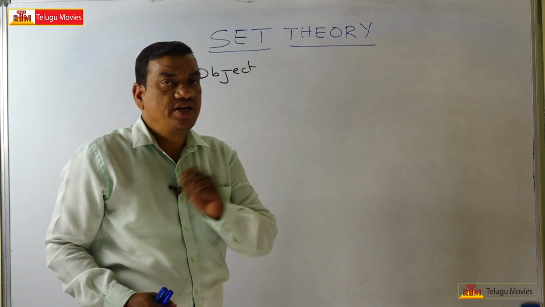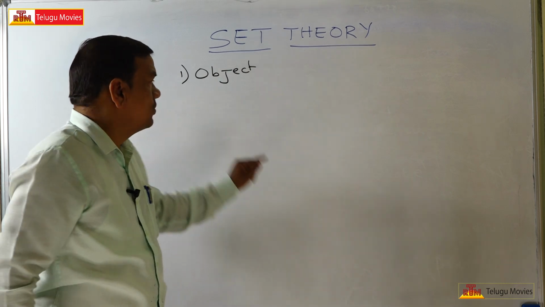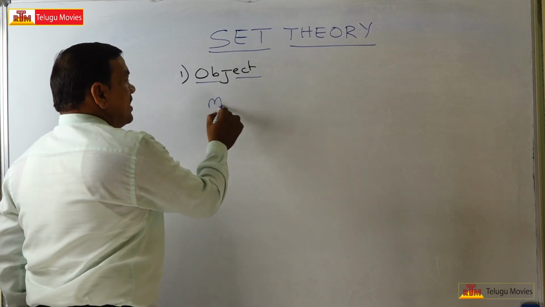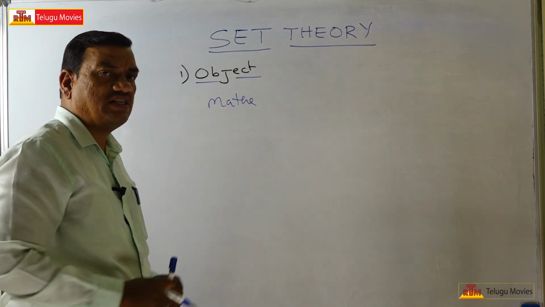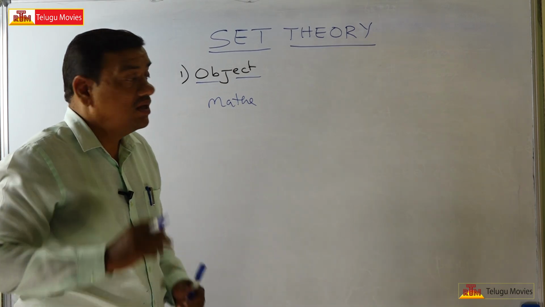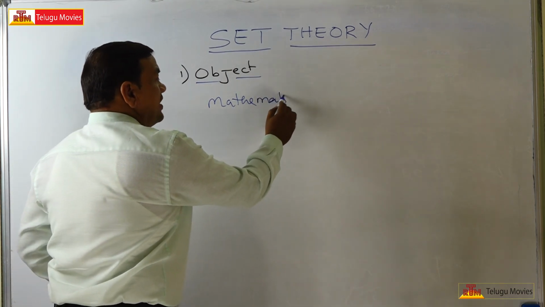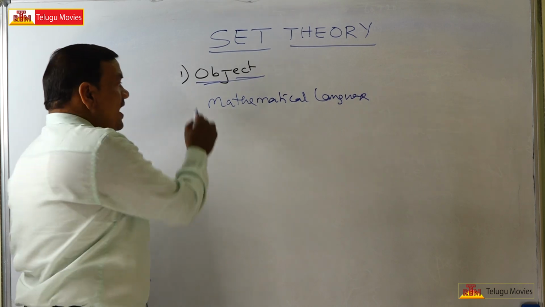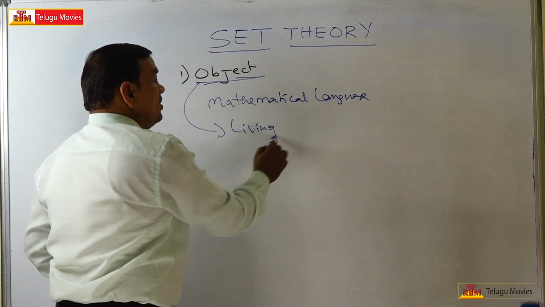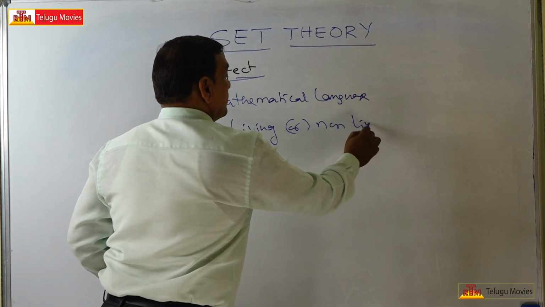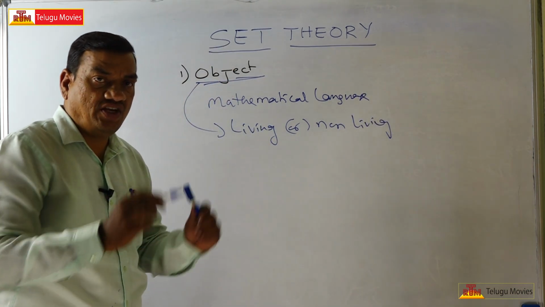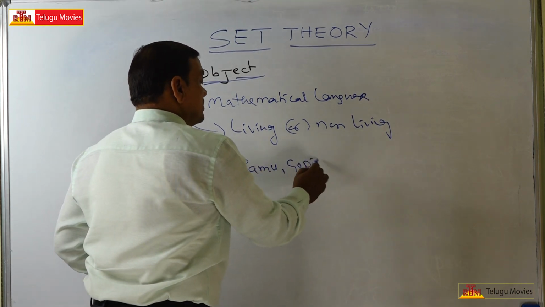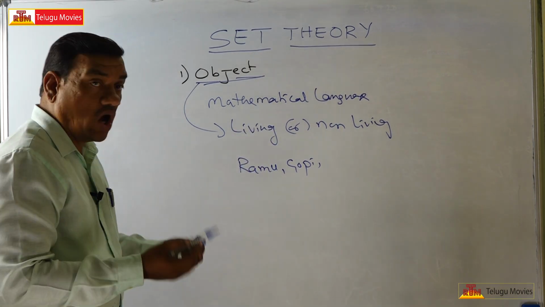Welcome back. So in our mathematical language, what is an object? In general language, object has different definitions. But in our mathematical language, object means anything which is living or non-living. What is living? Anything living. For example, names of persons, Ramu, Gopi, they are called objects. Non-living, pen,